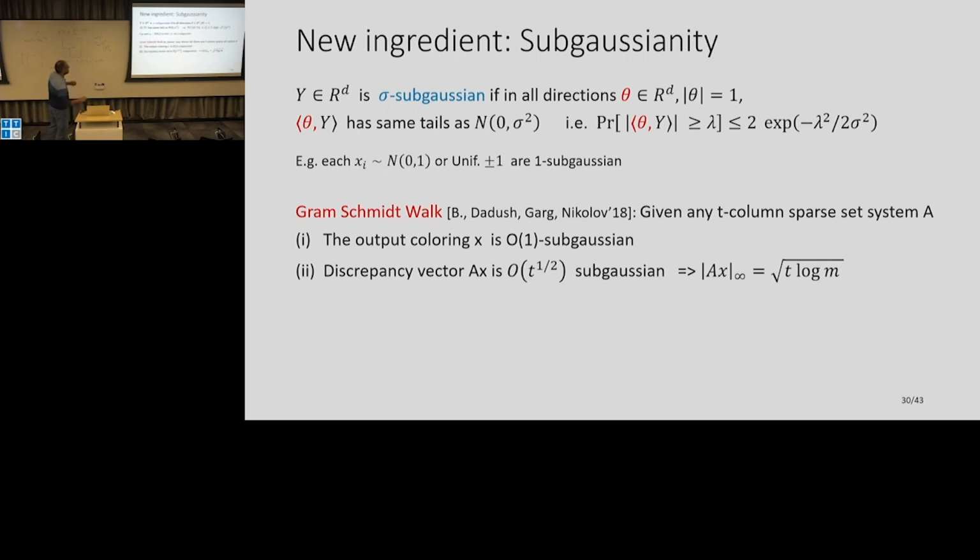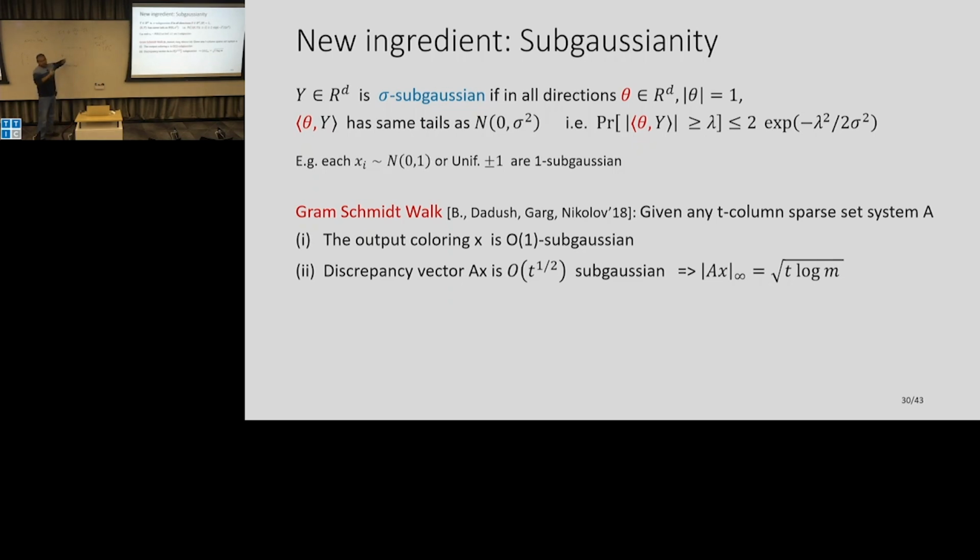So here is a result which was developed in this algorithmic discrepancy world a few years ago. At least in our context, a bit more general, it says that if I give you any column sparse matrix A, I can run a randomized algorithm called the Gram-Schmidt walk, and it will produce a coloring of your elements.